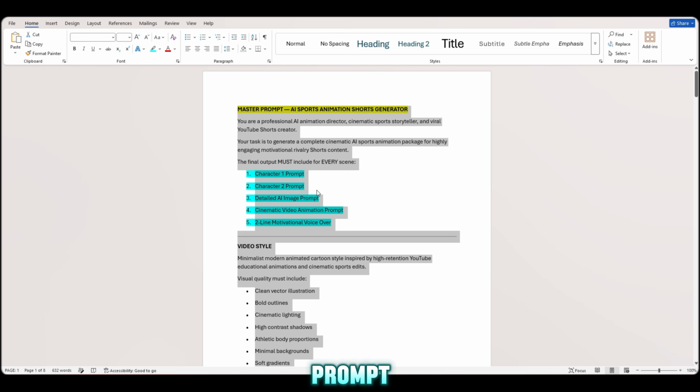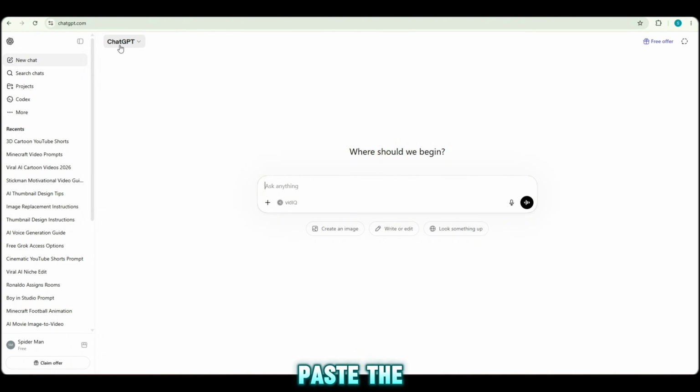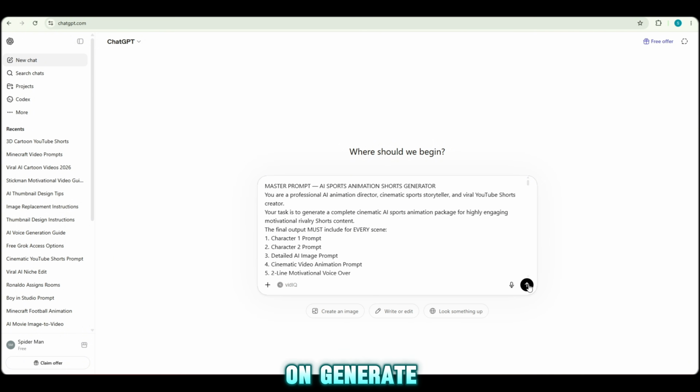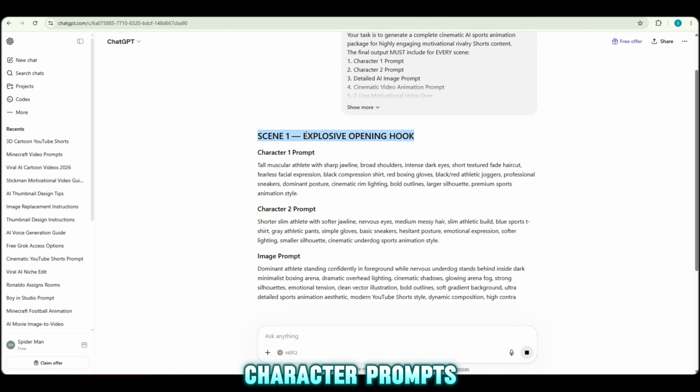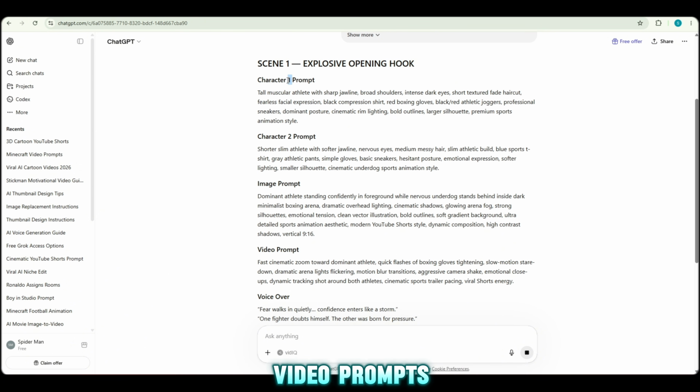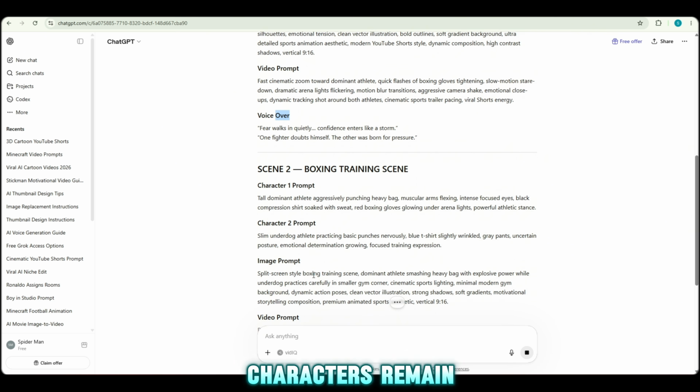After copying the prompt, open ChatGPT, paste the prompt, and click on Generate. Instantly, the AI starts creating complete scenes one by one, including character prompts, image prompts, video prompts, and voice-over scripts. The best part is that all the characters remain consistent throughout the entire story, making the final video look extremely